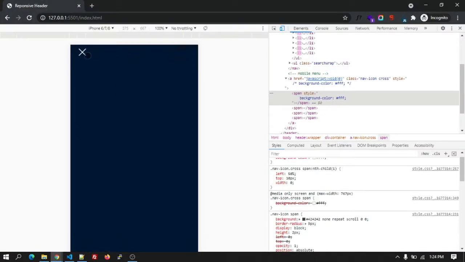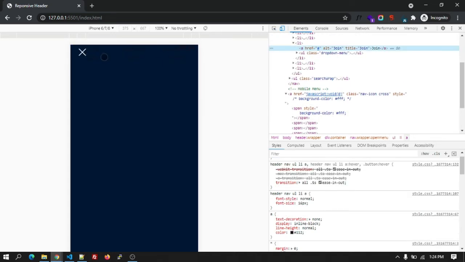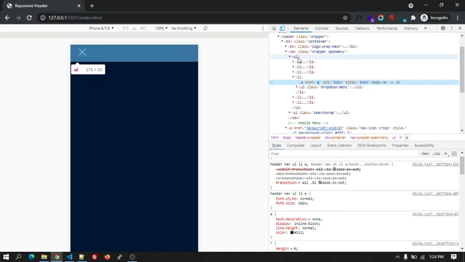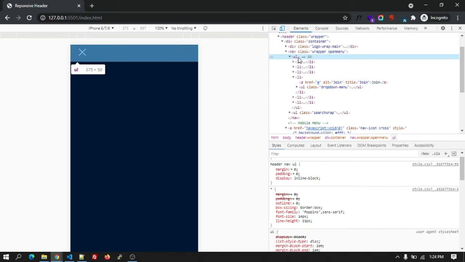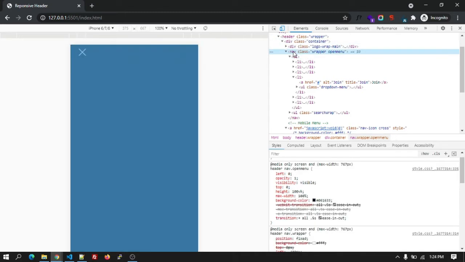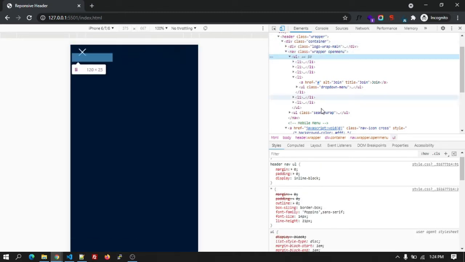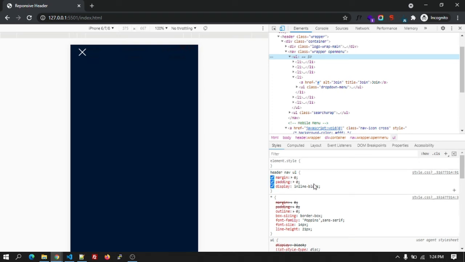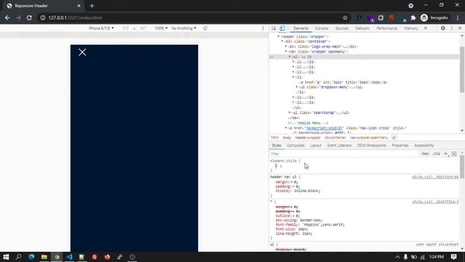Okay. So it's much better. So let's add the CSS for all these menu items. Okay, this will be under the header tag and the nav tag and the UL. So let's write some CSS for that.